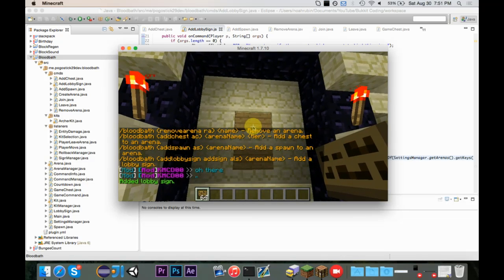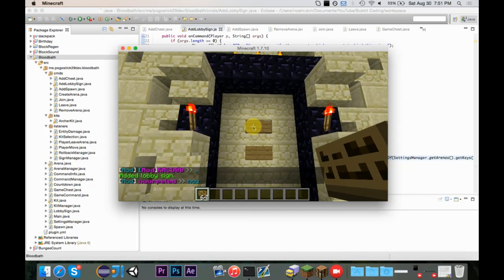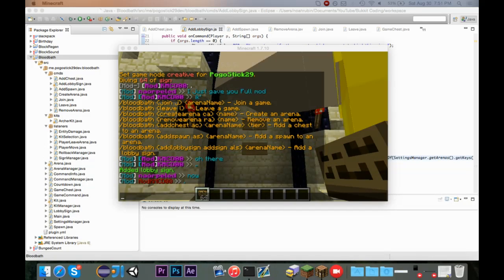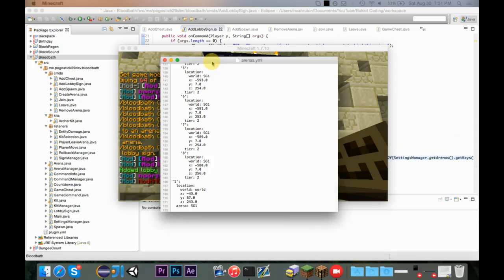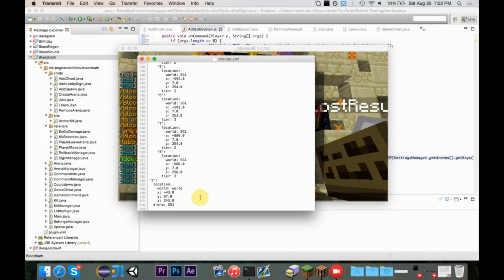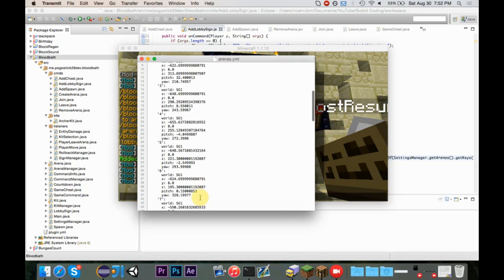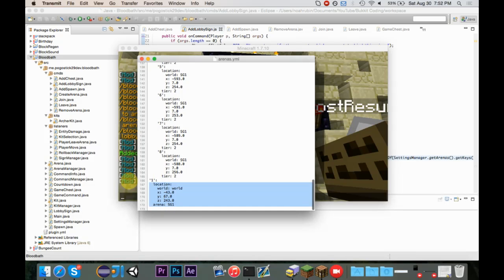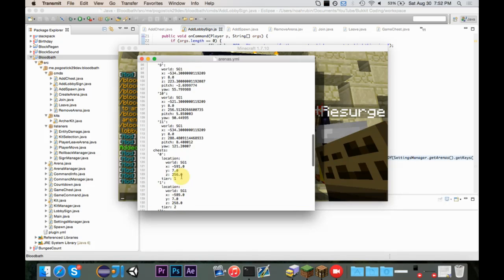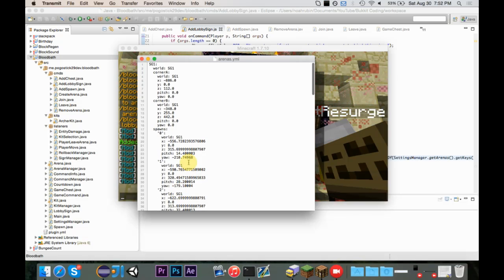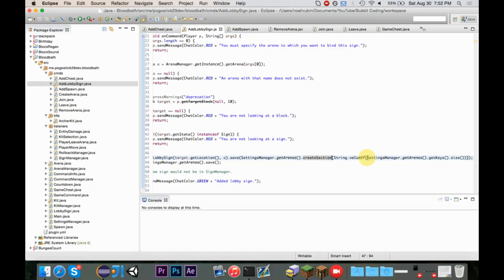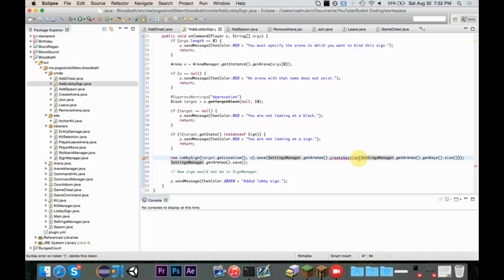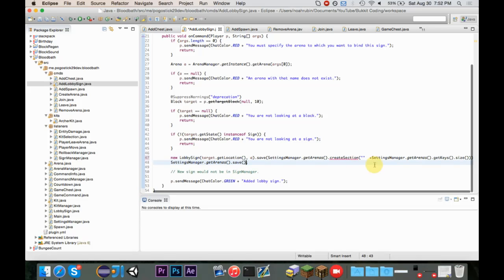So it says added lobby sign, but again, the note that I made is that it doesn't update automatically. Like, we have to reload before it'll start working. So let's just make sure that it saved it correctly. It almost did. It saved it, but it didn't save it in the correct subsection. Everything else looks good, but we just have to go over to add lobby sign. It was saving it to just the root section, but instead it needs to be